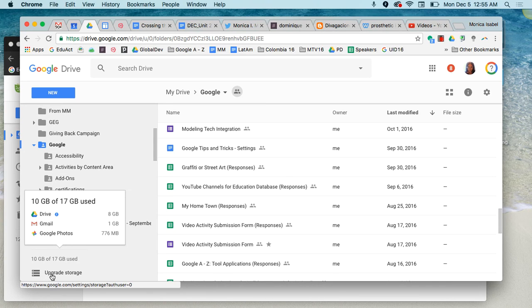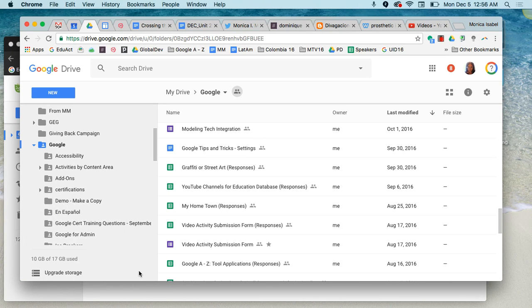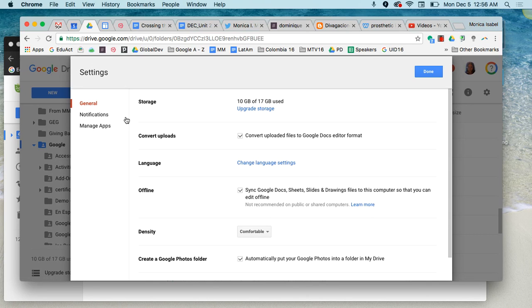Now, I do want to share with you just a couple of quick little tips that are important to note. In case you are running out of storage space, there are a couple of things that you can do to help maximize your space that's allotted to you on your personal account. If we come over to your settings, which is the little gear located just below your profile picture, and you click on that, you can go directly into settings, and you'll find that there's an option in here that says